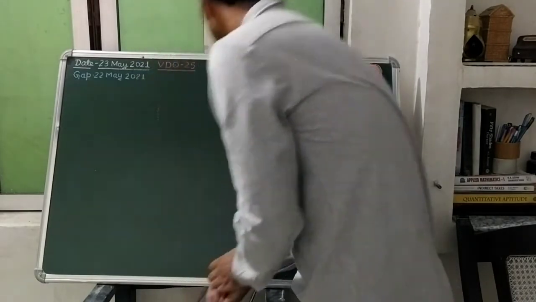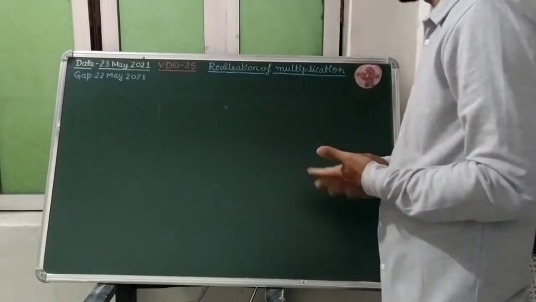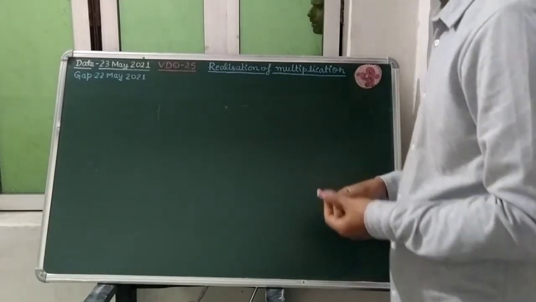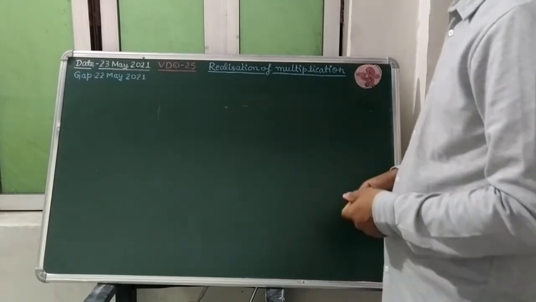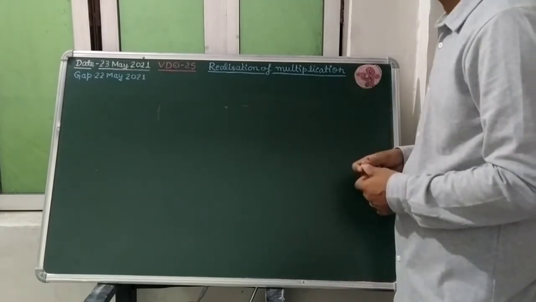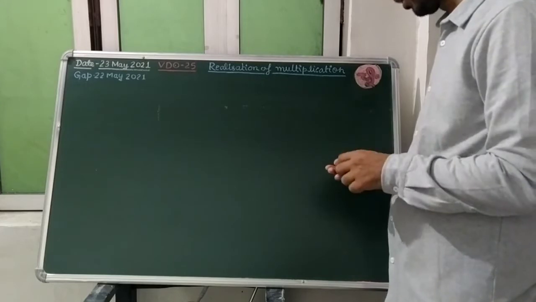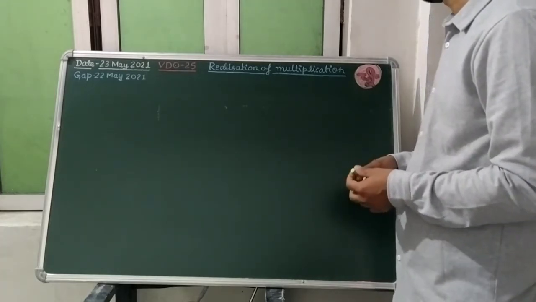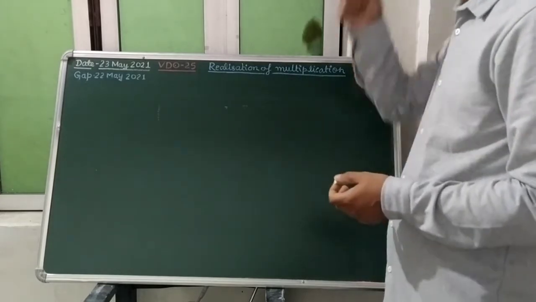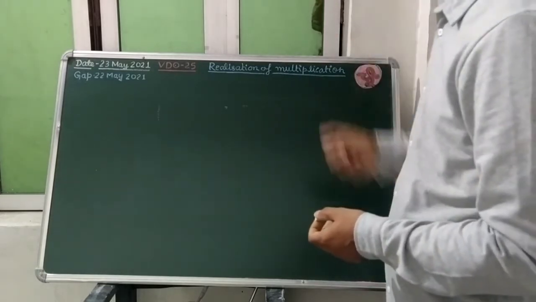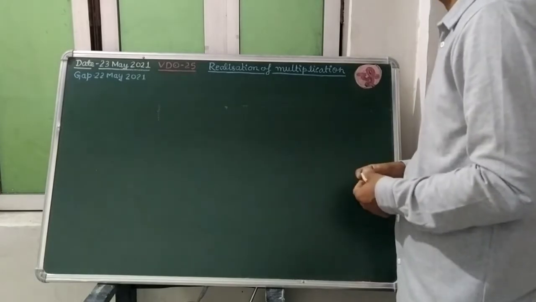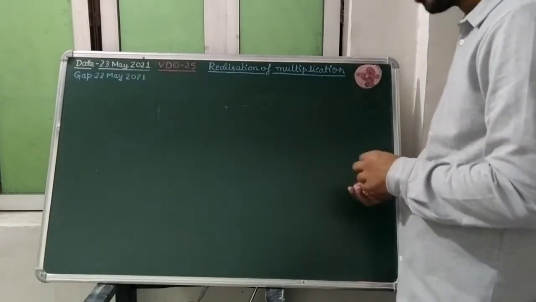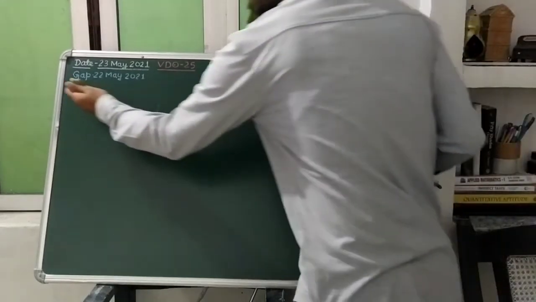Today we shall start the realization of multiplication, and of course we had seen multiplication by the area model. So now we are able to realize this multiplication. Today, students, is 23rd May 2021. It is video number 25 which I am giving to you, and of course there was a gap on 22nd May 2021, and we are realizing the multiplication today. So students, to realize the multiplication,